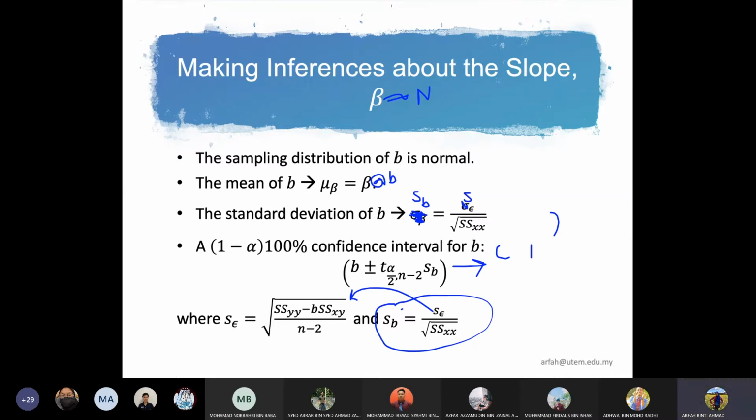So ada soalan so far? Yang ini baru nak kira macam mana nak dapatkan dia punya confidence interval. So later on, we will use the same formula untuk buat hypothesis testing about the slope. Hypothesis testing about beta. Okay so far? Okay, lag. So the next one,